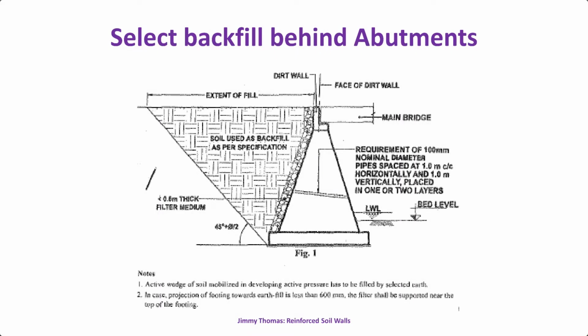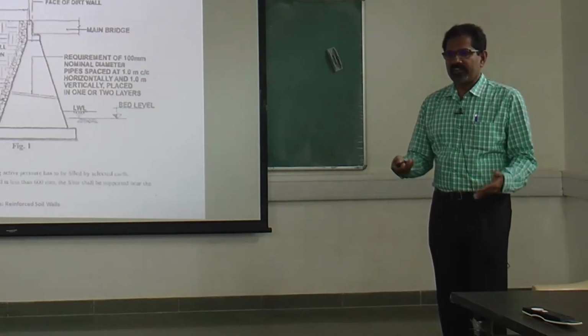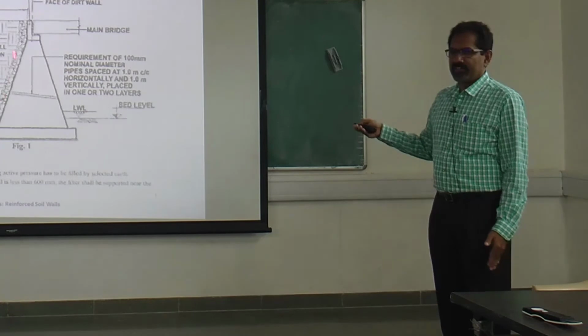If you look at a conventional retaining wall, like this, this actually shows a bridge abutment. Normally the codes specify that within this we know it's the critical failure plane. So within this zone, we have to use a select fill. Normally this is the fill which applies earth pressure on this wall. The coefficient of earth pressure depends on the friction angle of this soil. So normally we need a good quality soil with good friction angle and free draining material so that pore pressures